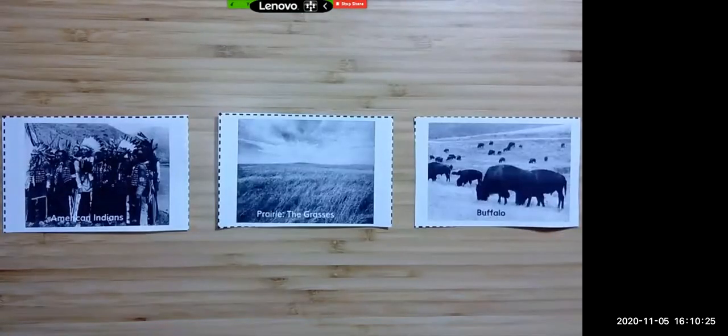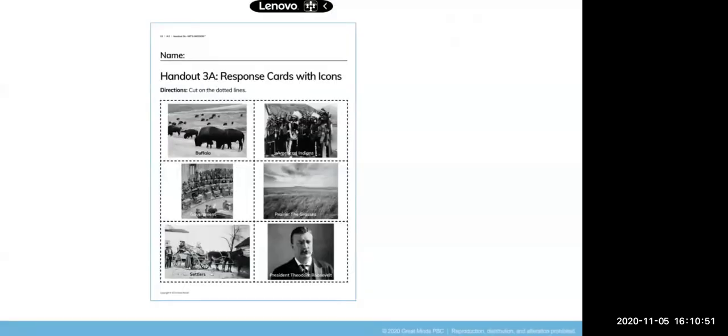We learned in the text that the Indians set the grasses ablaze, and they did that for thousands of years. The fire was good for the prairie. It kept the trees from overtaking the grasslands, and the fire's ashes put nutrients into the soil, and that made the grass healthier for the buffalo that ate it. Let's keep reading, and be sure to choose the cards when you hear those words in the text.